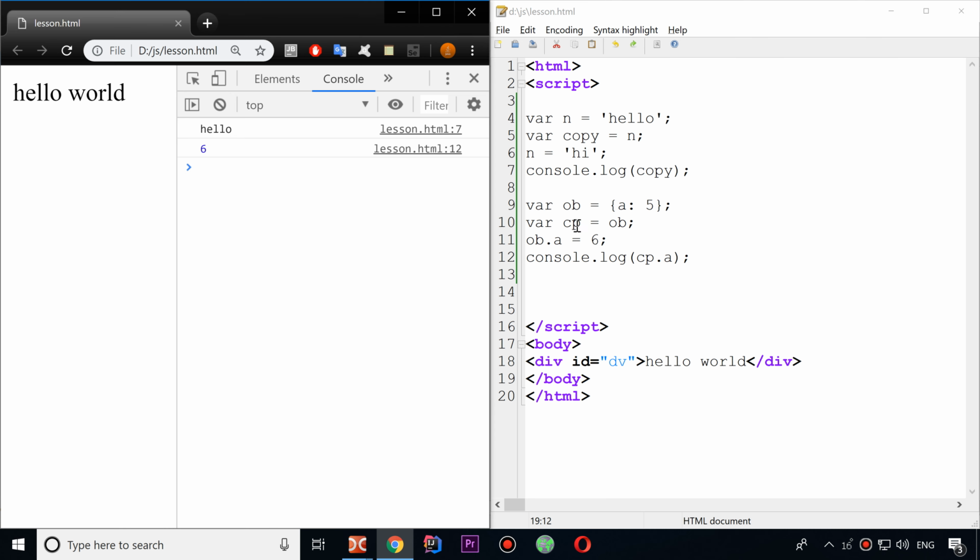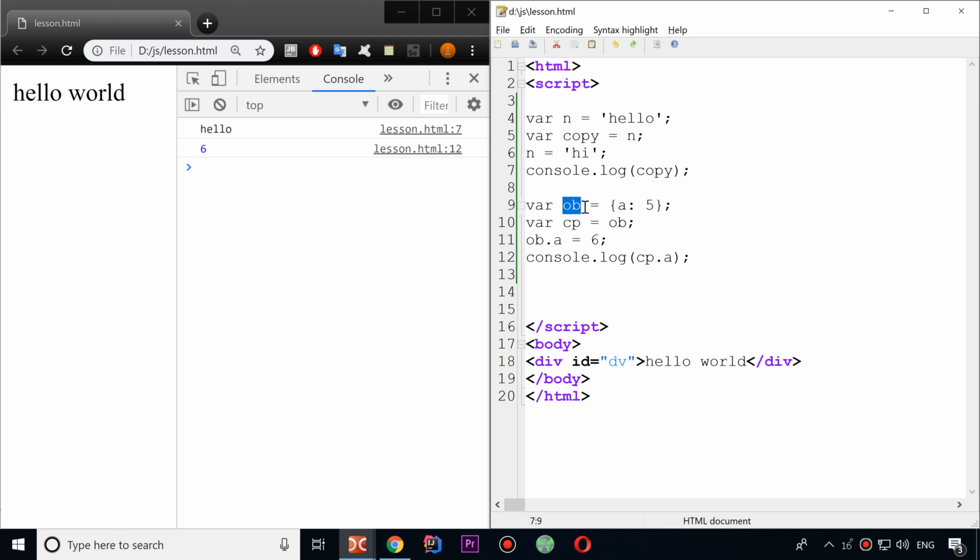So as you see, my copy changed too. When I change the original object, the copy changed too. So they both link to the same memory space. And if I change one, the second will change too. So this is the main difference